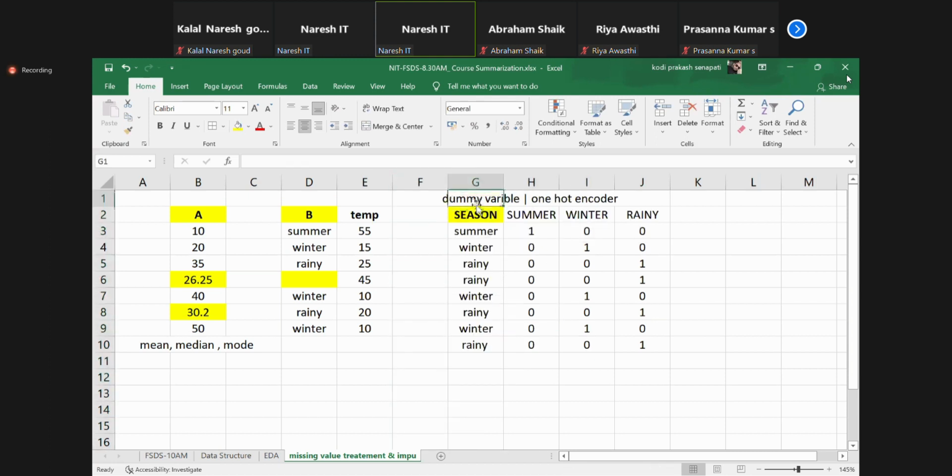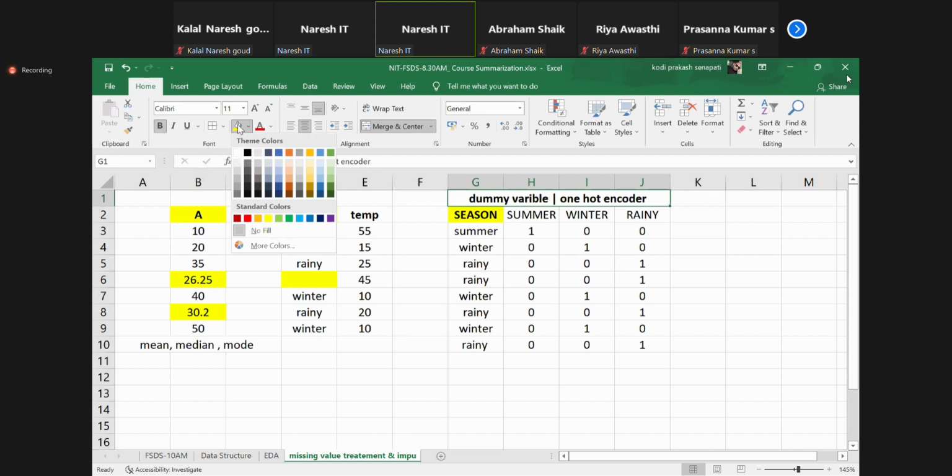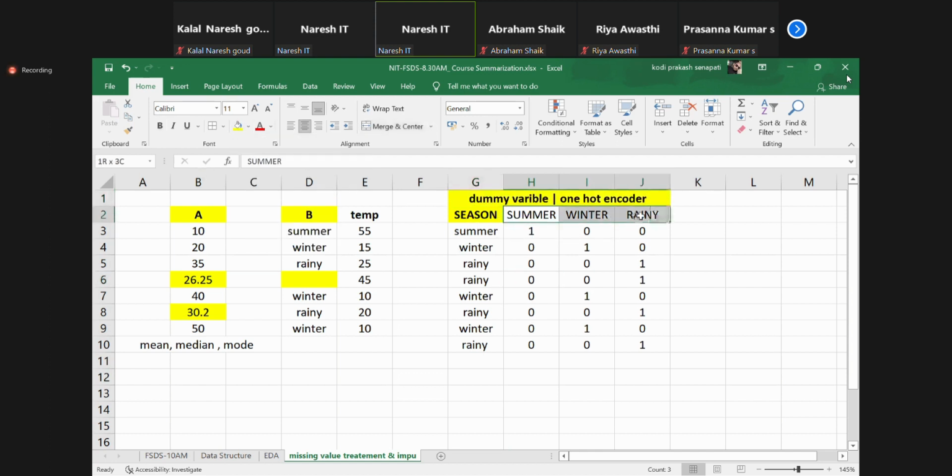So how to convert a categorical variable to number? Everybody's clear? What is a dummy variable? Now from one variable, are we creating many variables or not? This is also called variable creation.